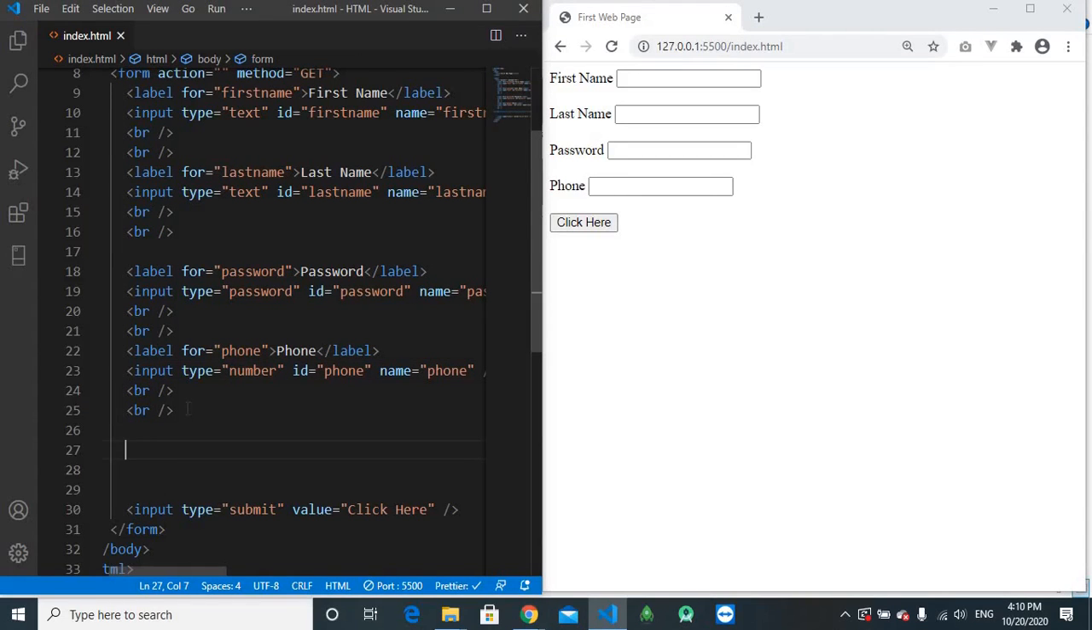Okay, now let's add radio buttons to our web page. And you should know that when adding radio buttons to your web page, the user is allowed to pick only one choice. It's either true or false. The user is not allowed to pick the two choices. So